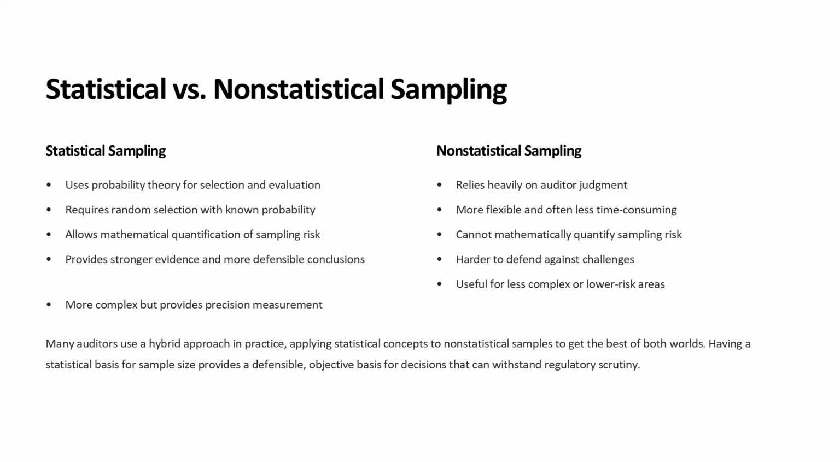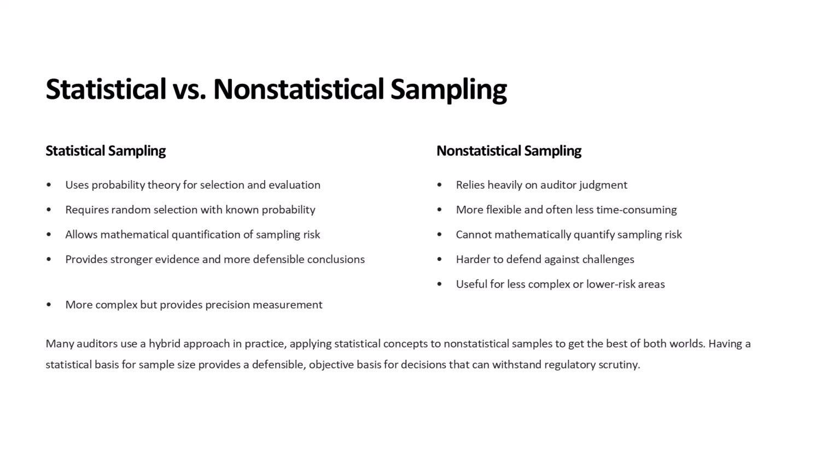Non-statistical sampling, in contrast, relies heavily on auditor judgment. The auditor uses professional judgment to determine sample size, select items, and evaluate results. While this approach is more flexible and often less time-consuming, it cannot mathematically quantify sampling risk. Many auditors use a hybrid approach in practice, applying statistical concepts to non-statistical samples to get the best of both